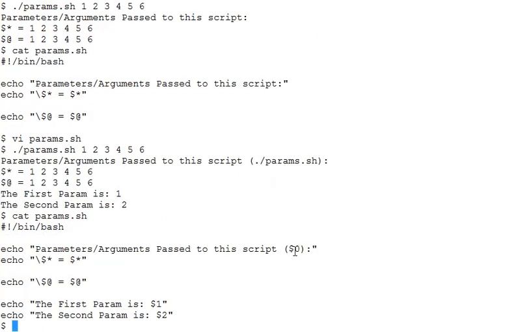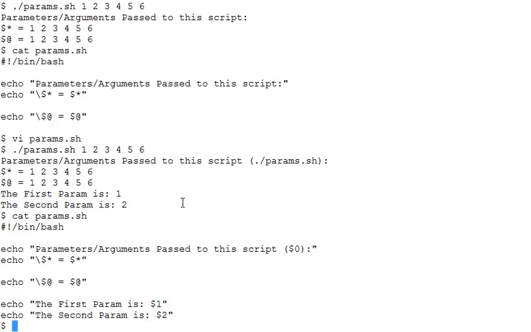So you see $0 has been replaced with the script name here, the way we called it, with the notation ./ and the script name. And you see $1 has been replaced with the first value, which is 1, and $2 has been replaced with the value 2, the digit 2.